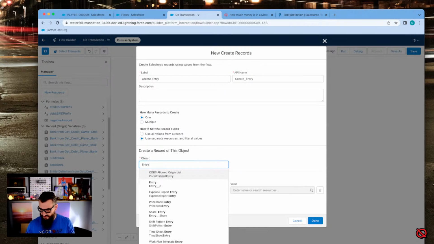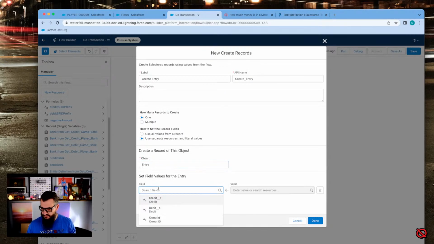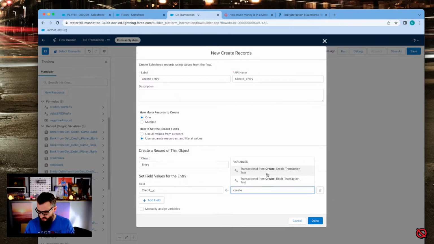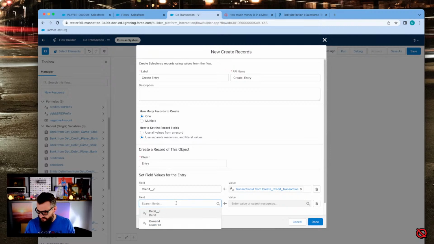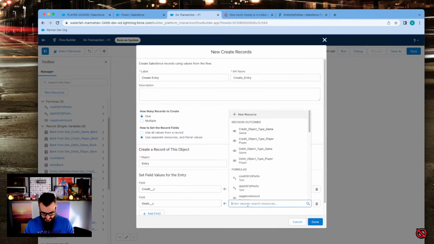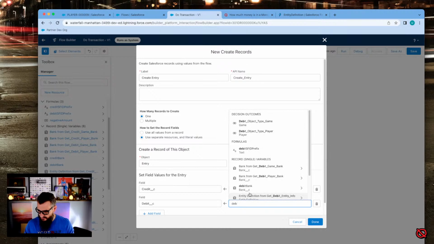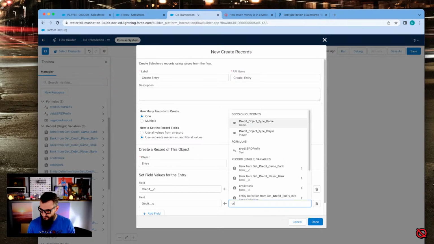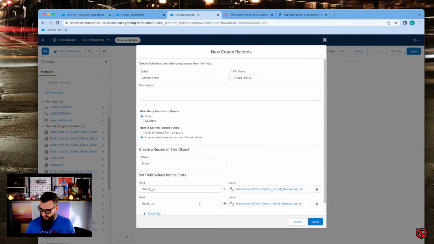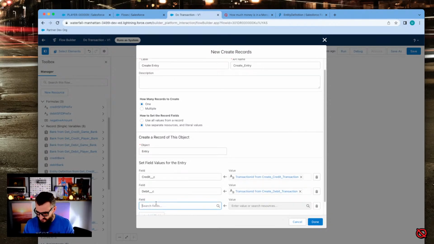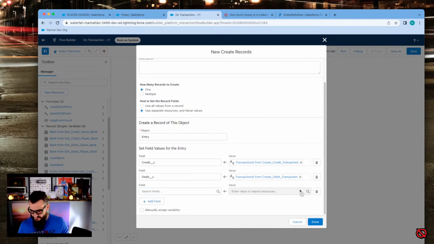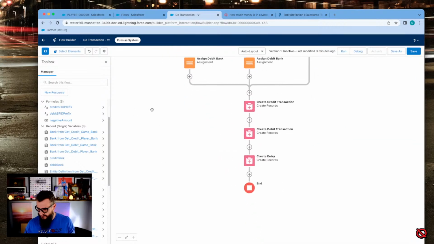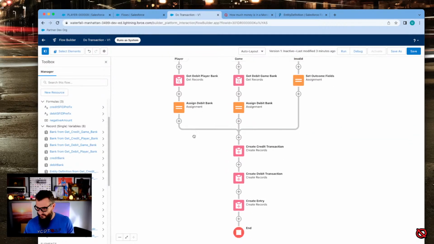Oops, what did I pick? Expense report entry. Just an entry. And the credit's going to be the create credit transaction. The debit is going to be the create debit transaction. Is there any other field for us to? Owners doesn't matter. We'll insert that. And then